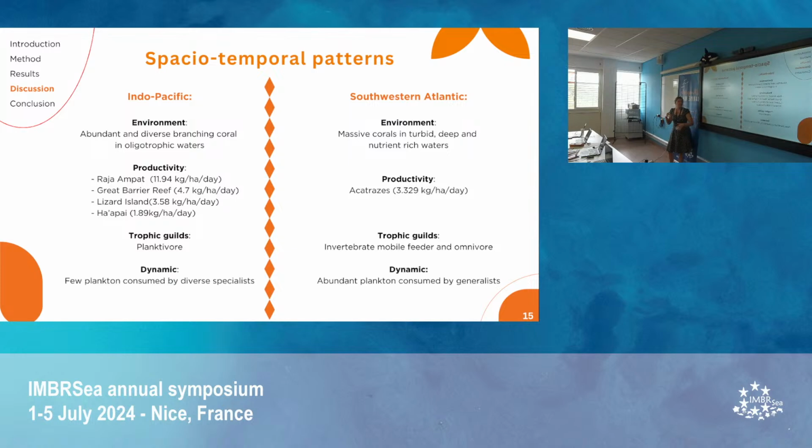And this reveals a different ecological dynamic. In the southwestern Atlantic, plankton represents a large source of resources which is underexploited by specialist fish such as planktivores. Instead, more generalistic and opportunistic feeders such as Stegastes fuscus or Abudefduf saxatilis feed on this empty niche. And the productivity of those 2 species is really important for the general productivity.